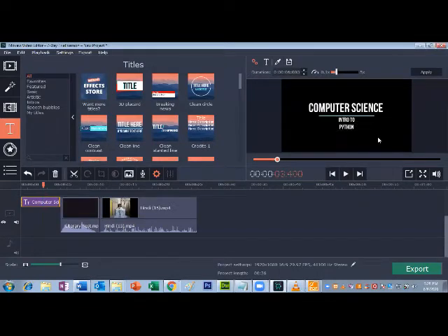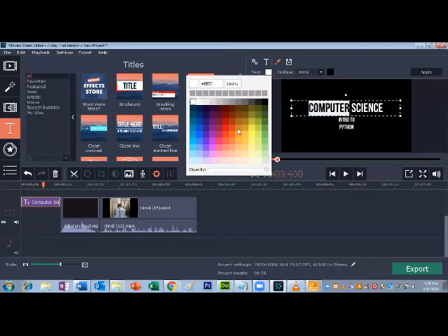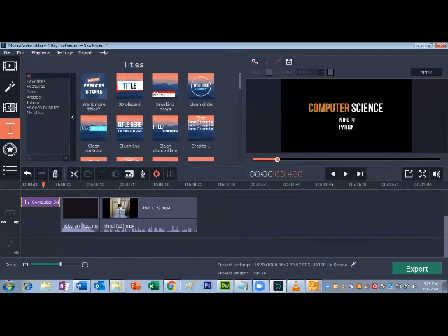Like this we can give. And if you want to add your name also, you can add your name, no problem. And if you want to change the color, then options are available here. So everything you can practice, no problem.